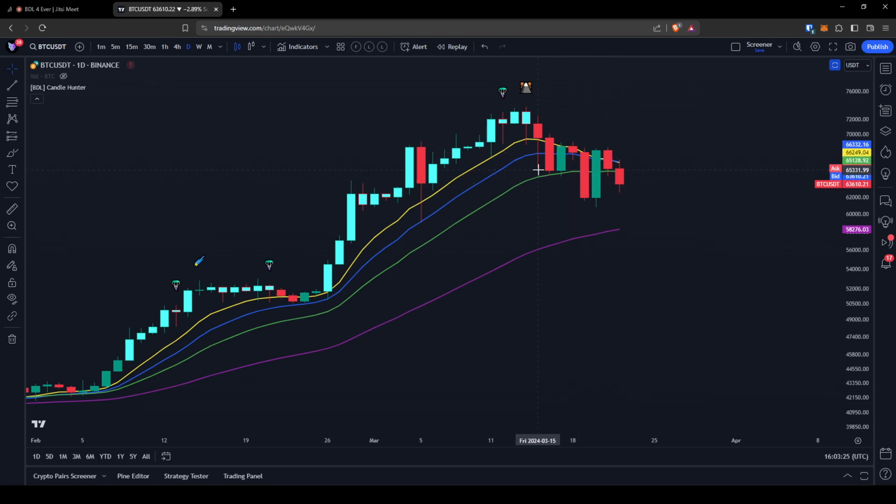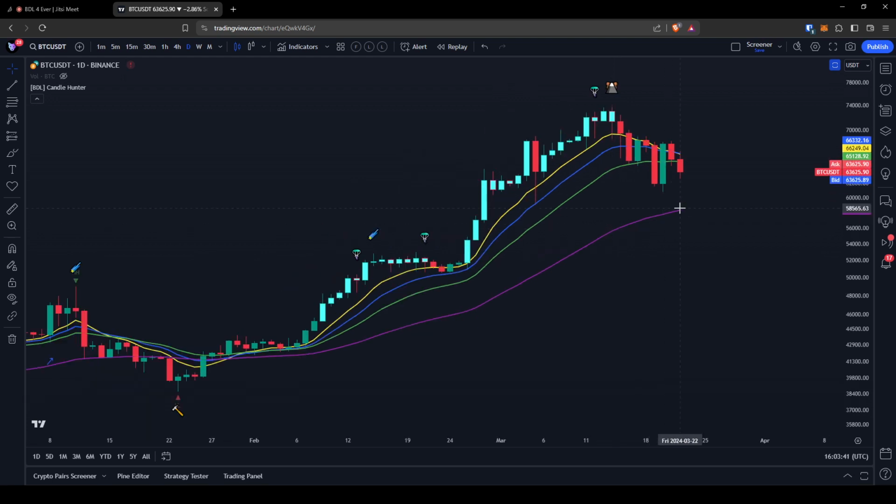You can say from here we are losing the support, the bull run comes to the end, or retests the 200. I think the 55 is probably a good next level,